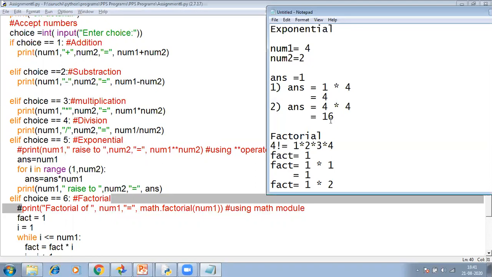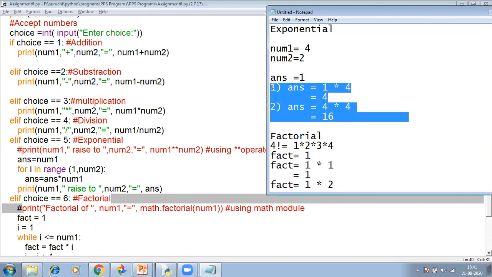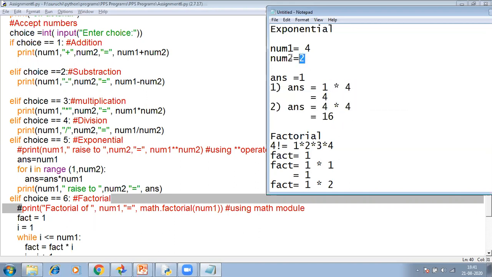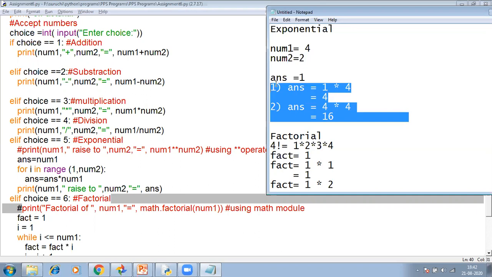So 4 into 4, which is equal to 16. We have performed it twice because number 2 was 2. If number 2 was 3, then we would perform it again, that is 16 into 4. But in this example, we will stop because the number is 2. We have to perform 4 raised to 2.